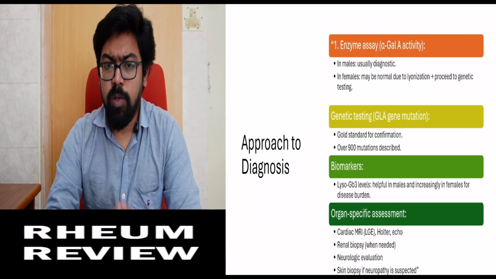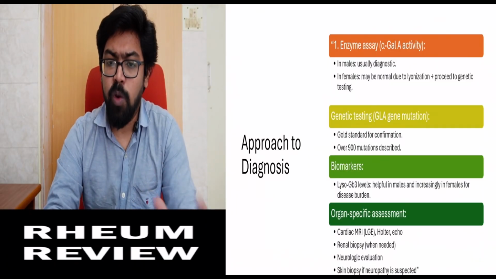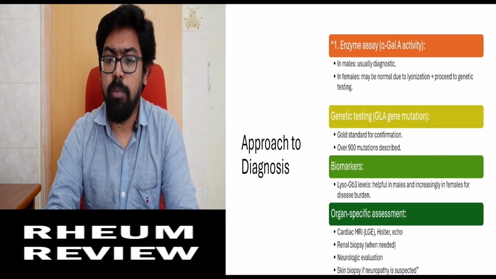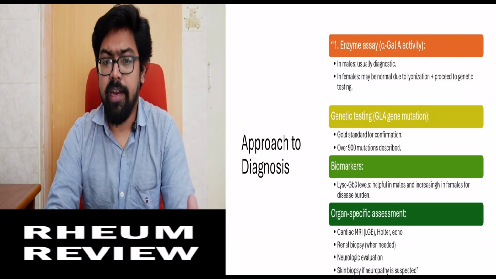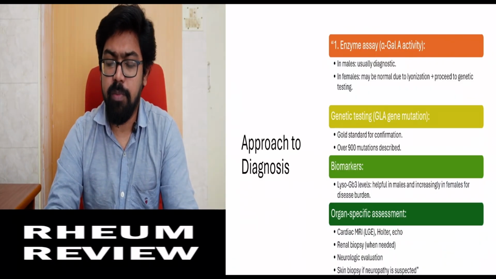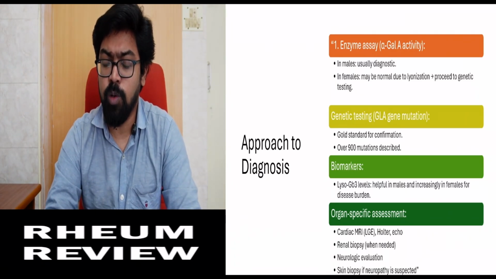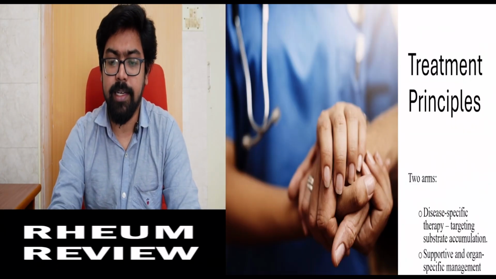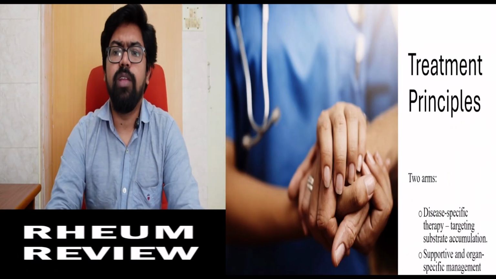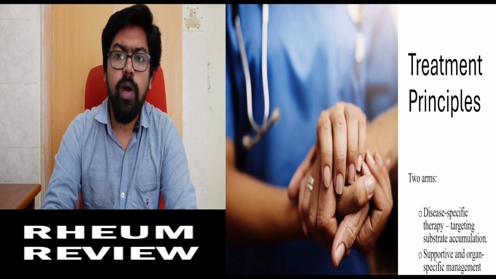Look out for end organ damage, that is organ-specific assessment: cardiac MRI, Holter, and echo to assess the cardiac function, and renal biopsy if needed. If the patient is having proteinuria, then you have to proceed with renal biopsy, neurological evaluation, and skin biopsy if neuropathy is suspected. So coming to the treatment principle, there are two arms in this